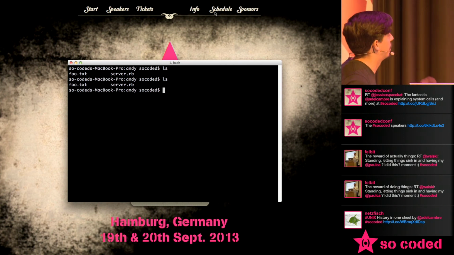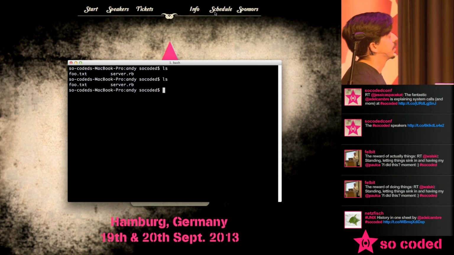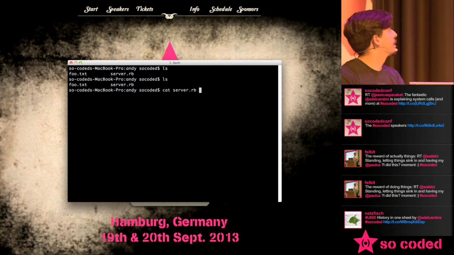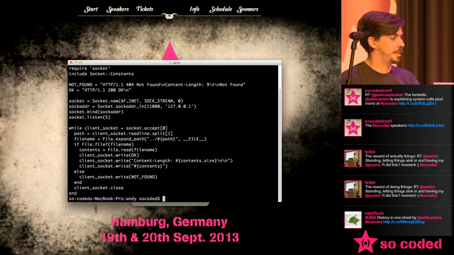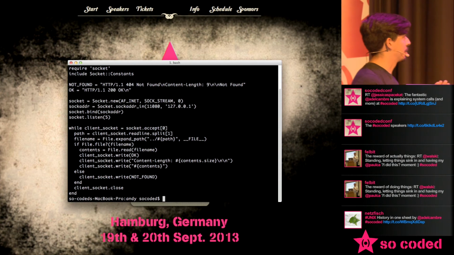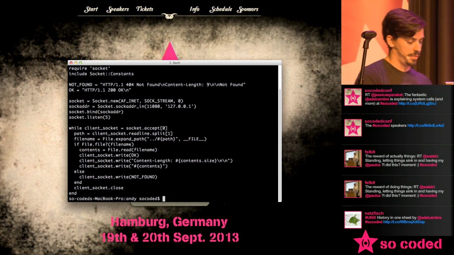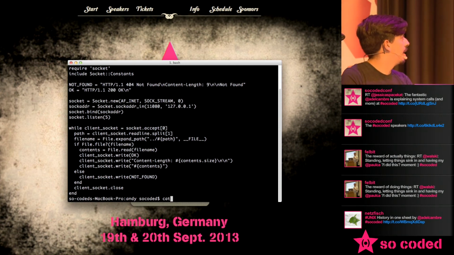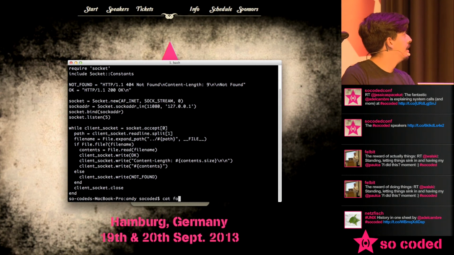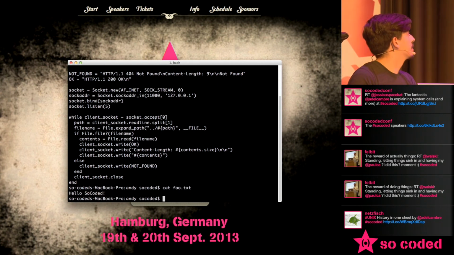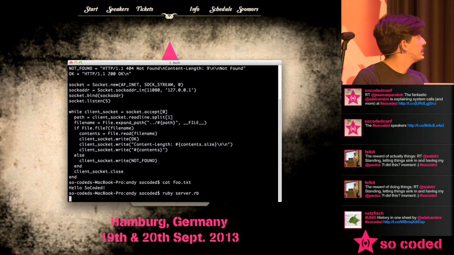Anyway, I'm just going to try and make the font bigger, but I don't know which keys are which. So this is that same server that we were looking at a second ago. I just changed it very slightly because this is a different version of Ruby than I was using earlier, but still the same there. And then I also have just a little file here so we can try that. It just says hello. Okay, so we run the Ruby server.